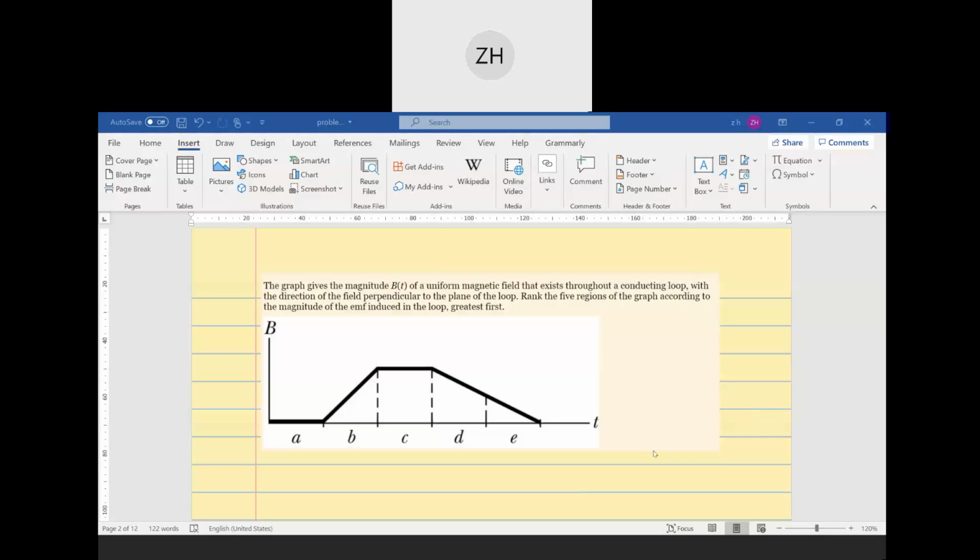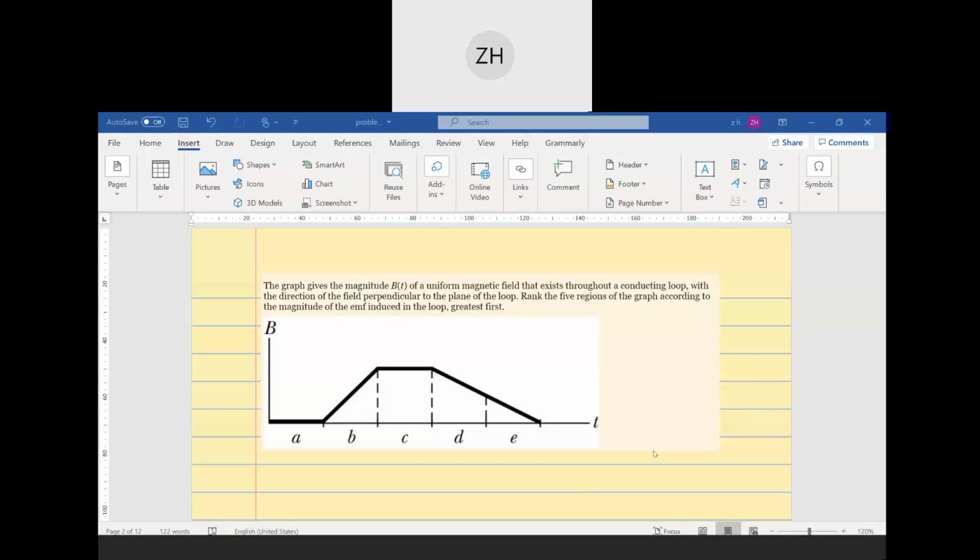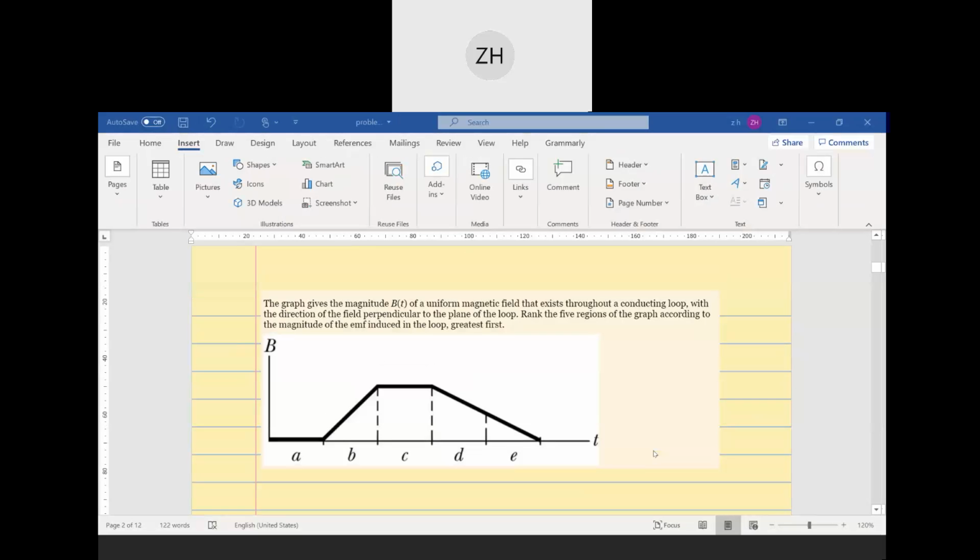Okay, hello everyone. In this question, we have the magnitude B of t of a uniform magnetic field existing throughout a conducting loop, with the direction of the field given to be perpendicular to the plane of the loop. And we want to rank the 5 regions of the graph according to the magnitude of the induced EMF in the loop, greatest first. So this graph, as you can see, it shows the magnetic field magnitude as a function